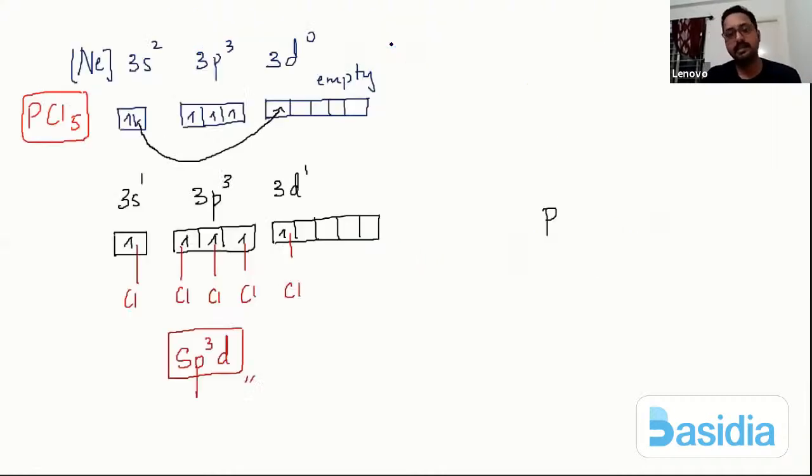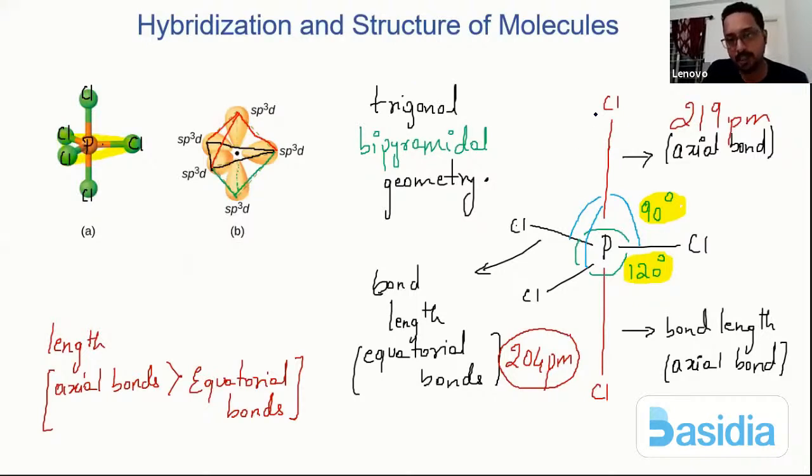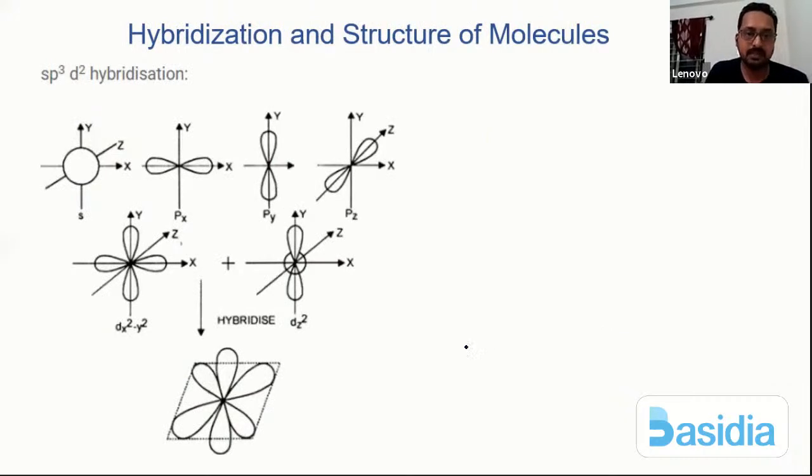Okay, 3d z square orbital, because you will also see that the chlorine here, the axial bonds, are actually along the z axis, correct? So in that axis, the d orbitals are actually involved. Okay. Now let us come to the